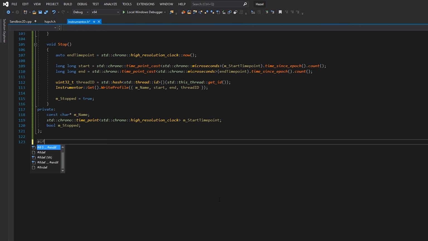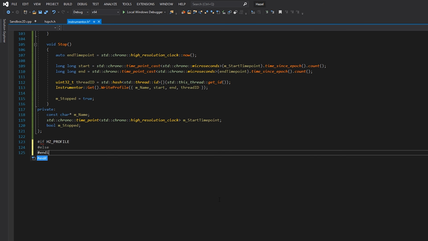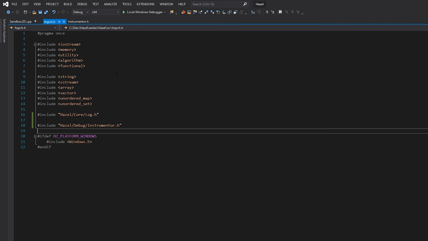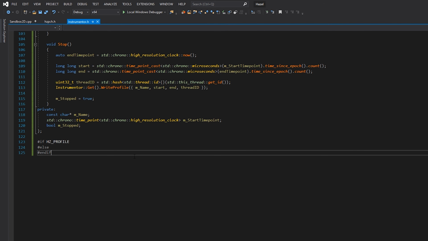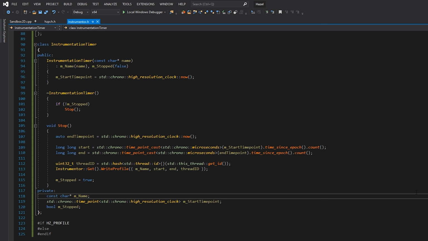So what we want to do, and the way this works, you really should check out that video again if you're interested in that. But basically, what I like to do is HZ_PROFILE, right? So if HZ_PROFILE is turned on, and this is something where you want to set this up, you probably want to make some kind of configuration file, and we will probably do this in the future,